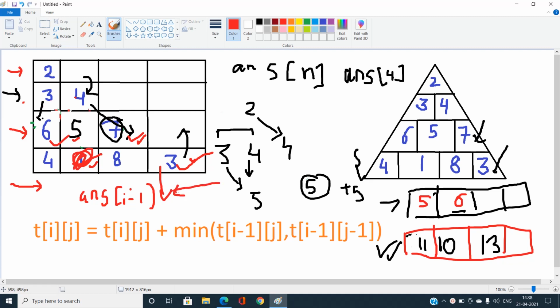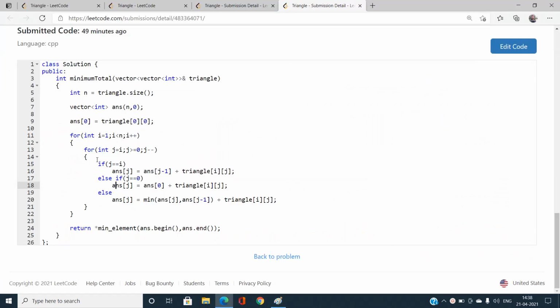Okay, so j from i, while j is greater than or equal to 0, j minus 1. If j is equal to i, my answer would be answer[j minus 1] plus the current cell value. And if j is exactly 0, the only way that I can come is answer[0] plus triangle[i][j], my current cell value. Otherwise, we have two possible ways, the minimum of answer[j] and answer[j minus 1], plus triangle[i][j], and we have to return the minimum element, and finally after traversing all the rows we'll